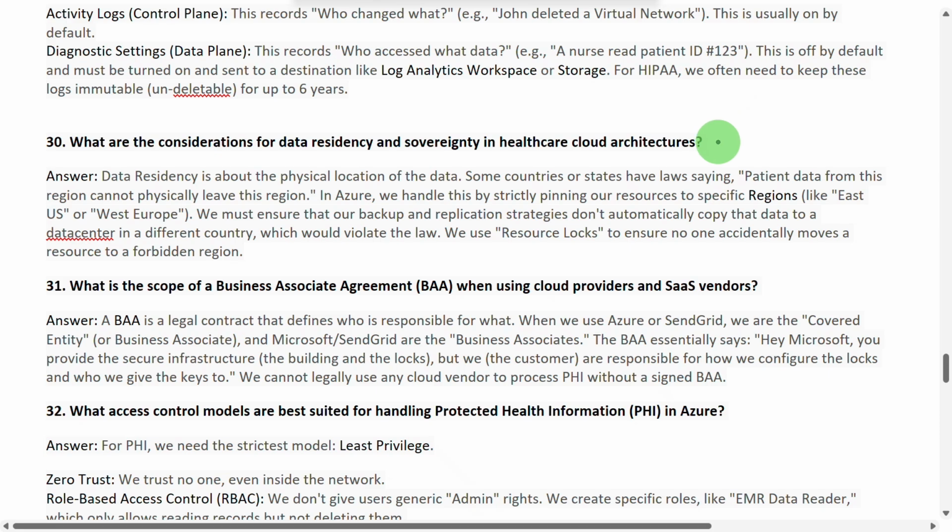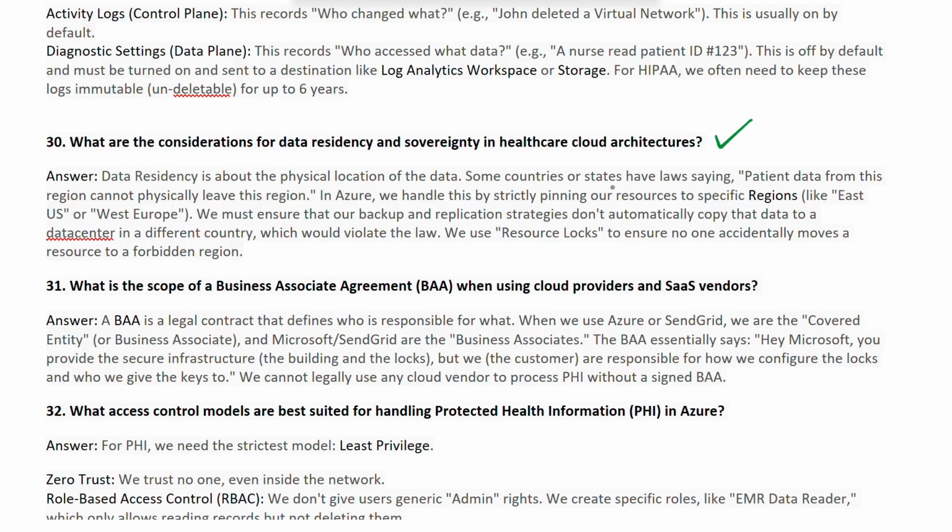And moving further, what are the considerations for data residency and sovereignty in healthcare cloud architecture? Here, data residency is about the physical location of the data.